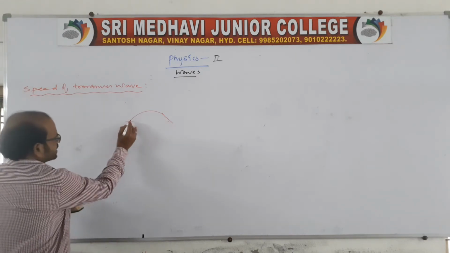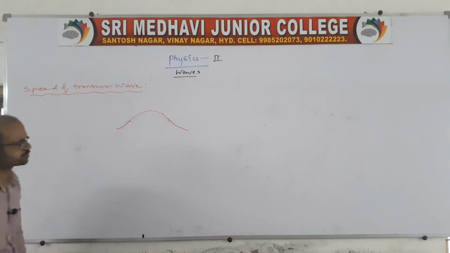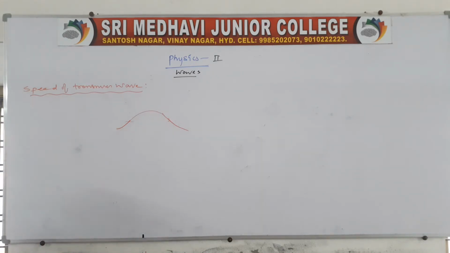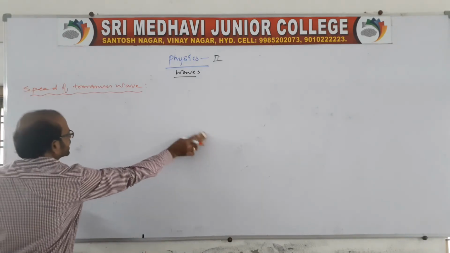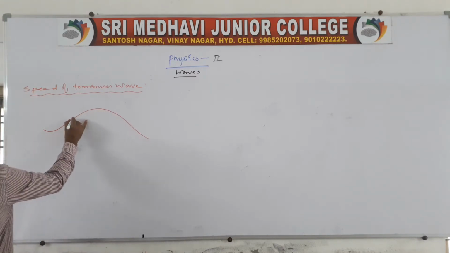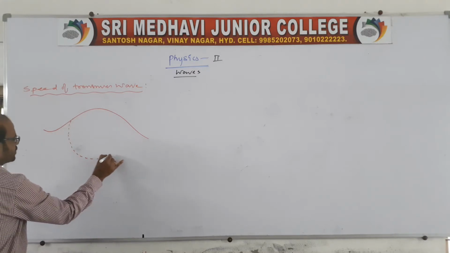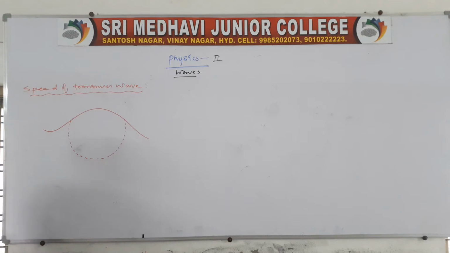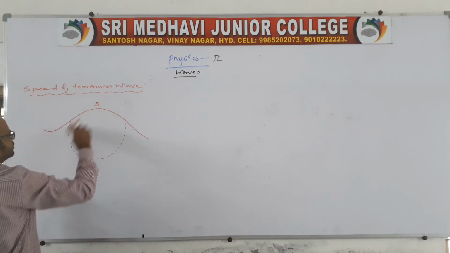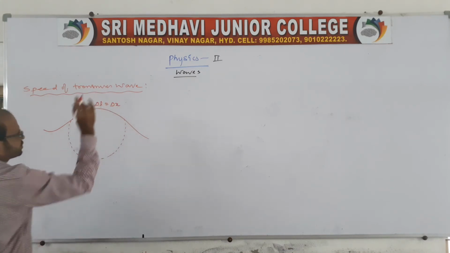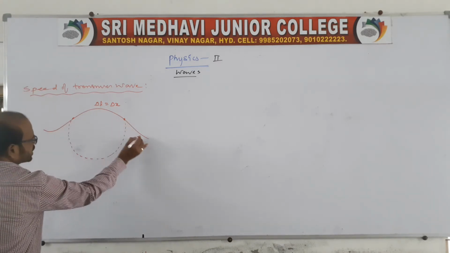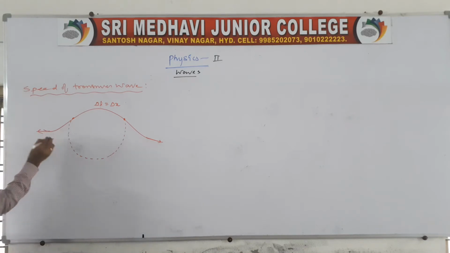So at this point we are applying the force, because it is stretched like this, no? Then the wave pulse will be like this. In this wave pulse, now you draw a clear diagram; I am taking one pulse like this. By using this, you construct a circle. This we can call an arc length, delta L or delta X, your wish. It is an arc length. Therefore, at this point a force is applied, so there is a tension acting in the string.